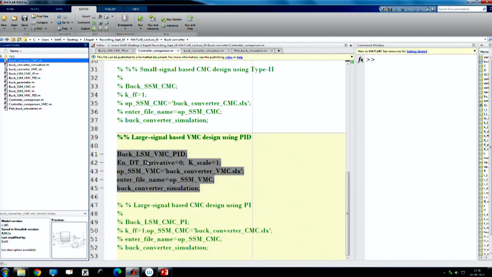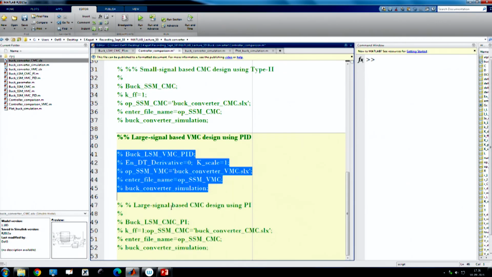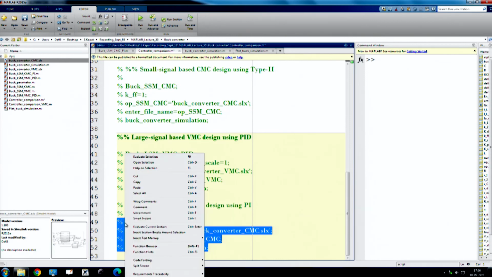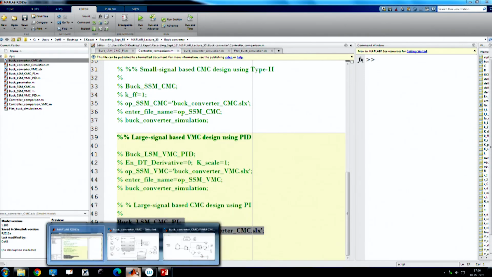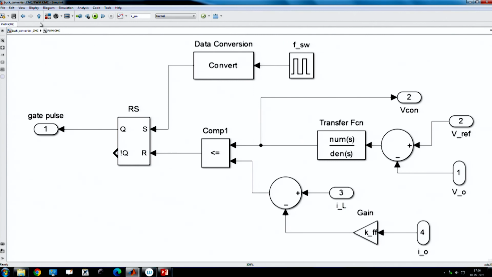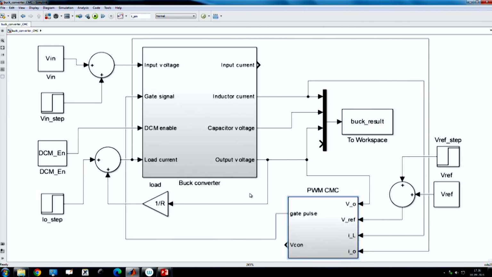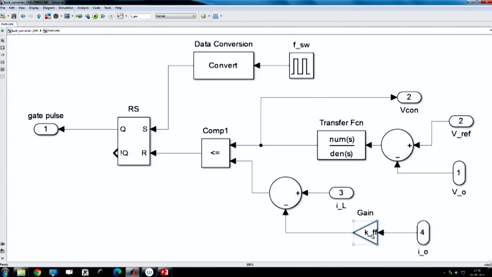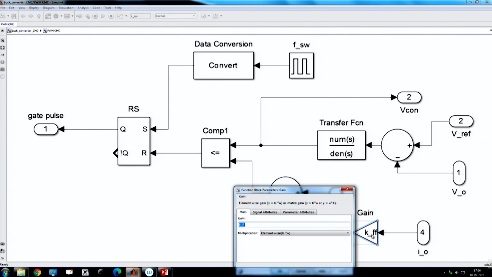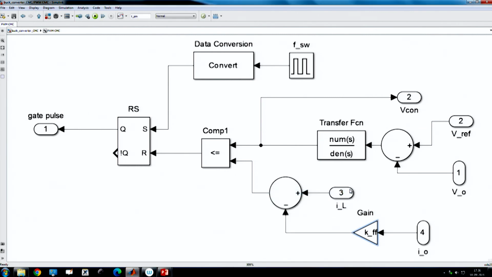I am first showing the current mode control. We all know about this structure, as I have discussed current mode control multiple times, but here we are taking load current feed forward. Here the feed forward gain I am setting internally: if you set 1 for buck, or if you set 0, there will be no load current feed forward. Here we are setting the gain from our MATLAB code. We can use simply a proportional gain, or even a PI controller, because in our tuning parameters we have to choose this PI controller.